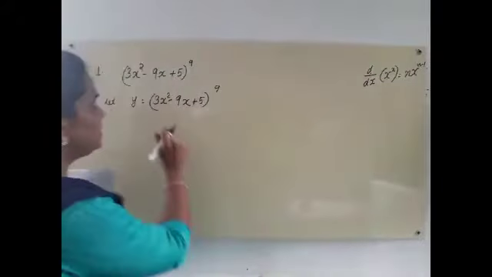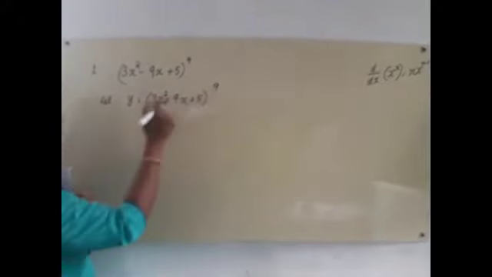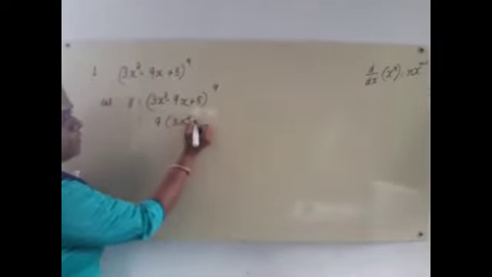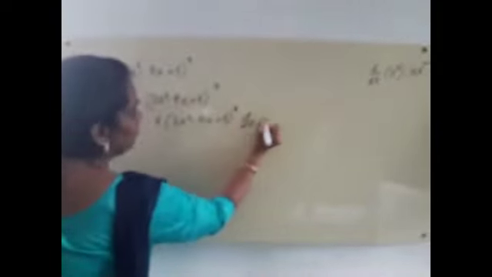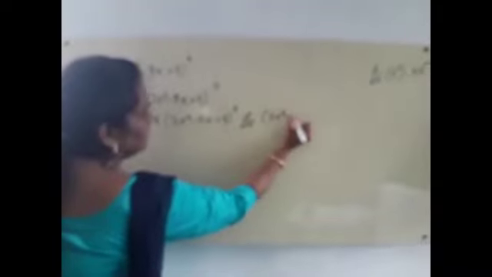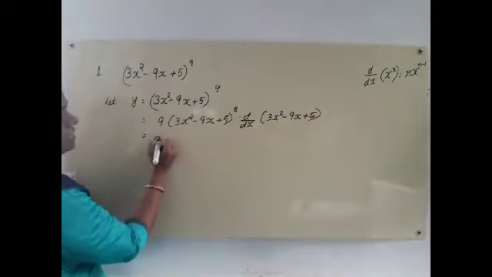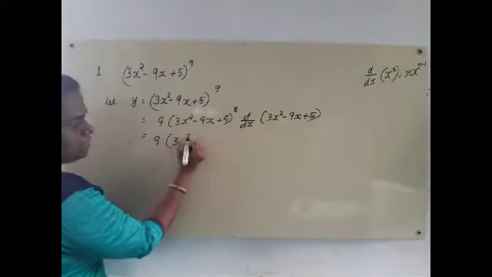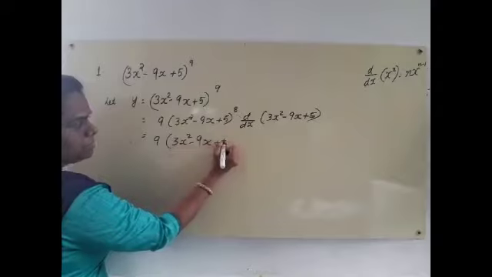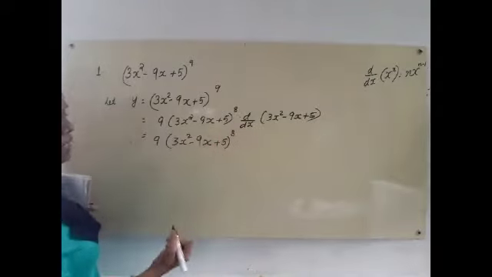So, the derivative of (3x square minus 9x plus 5) the whole raised to 9 is 9 into (3x square minus 9x plus 5) the whole raised to 9 minus 1. What is 9 minus 1? 9 minus 1 is 8, into d by dx of 3x square minus 9x plus 5. We are applying the chain rule. That is 9 into (3x square minus 9x plus 5) the whole raised to 8 into d by dx of